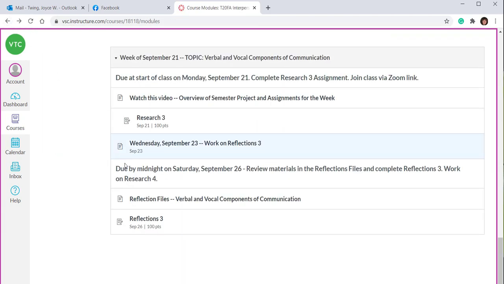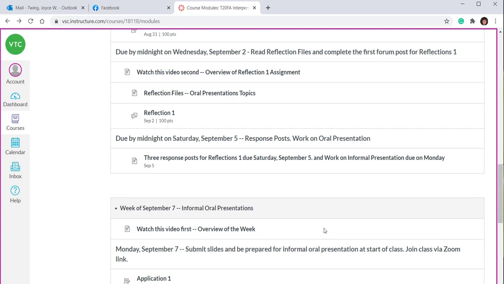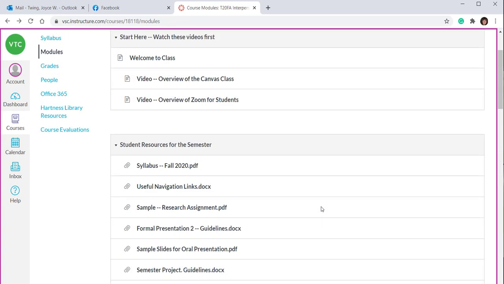Now, the next assignment, however, is significantly different, and this is the first assignment in your semester project. Your completed semester project is not due until exam week, but this is the first assignment where you'll begin to work on it. So let's go back up here to these